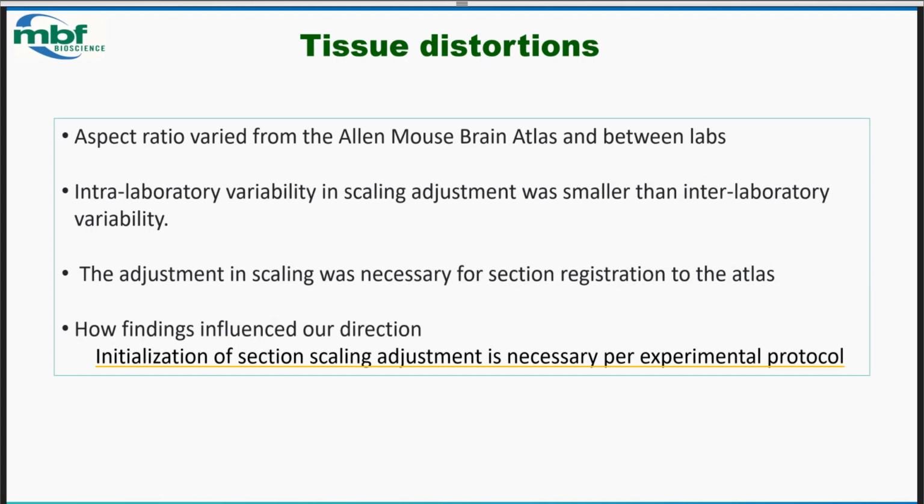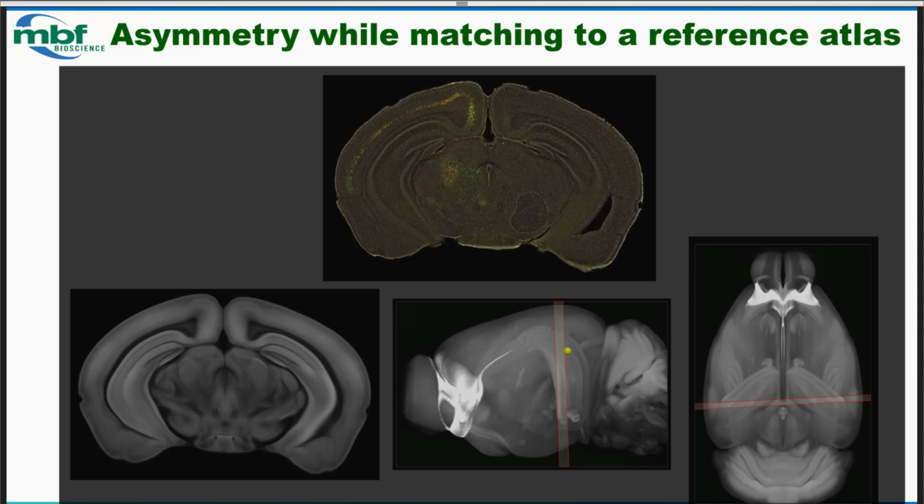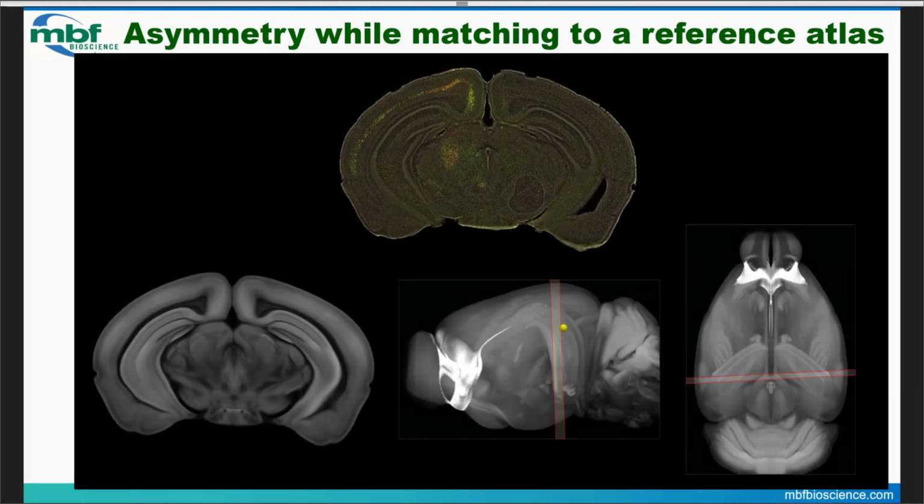The other thing that we found that we had to compensate for, and we were able to, is asymmetry. As I said, you're not freezing or cutting in a canonical orientation like the atlas is drawn in. Your sections are probably really between the pages of the atlas. So I've got here on top an experimental section that shows some left-right asymmetry, and on the bottom the discovered or estimated equivalent section from the Allen average mouse brain. And just as a note here, that red line